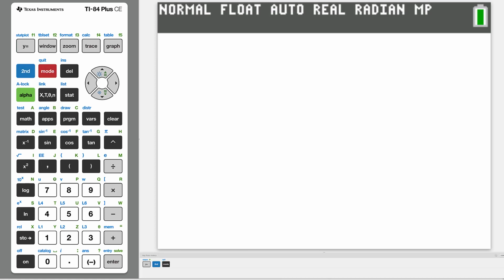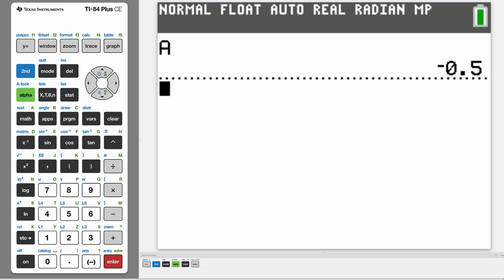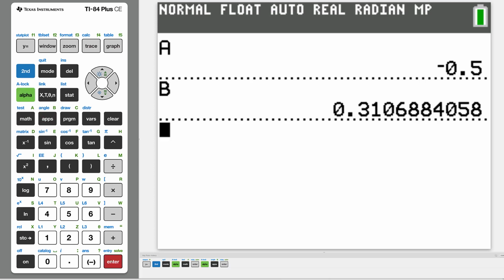You know, your calculator has a bunch of memory registers, and these are in green. You can see if you hit the alpha key and you hit any one of these keys down here, you're going to get the memory register that appears in green above it. So like alpha A is currently minus 0.5. Alpha B is some value. And so I use these memory registers, and I have these values in them. I don't know where they come from. I can't remember anymore. But anyway, I'm going to store 1 in A,